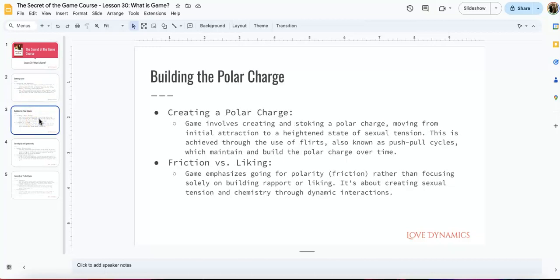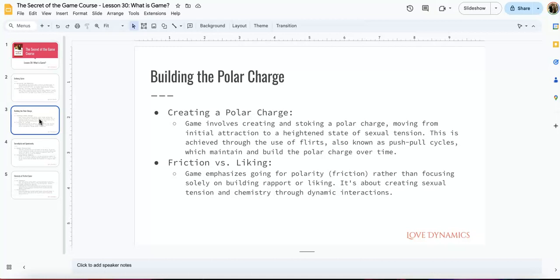Building a polar charge is the eventuality of game. So when we're using game to initiate an interaction with a girl, game is going to involve creating and stoking a polar charge, moving from the initial attraction to a heightened state of sexual tension. And this is achieved through using flirtatiousness, playfully mean sarcasm, push-pull cycles, obviously by flirting, which maintain and build a polar charge over time.